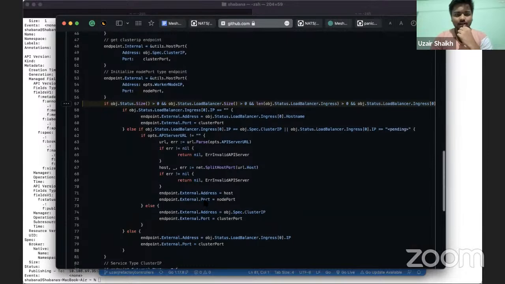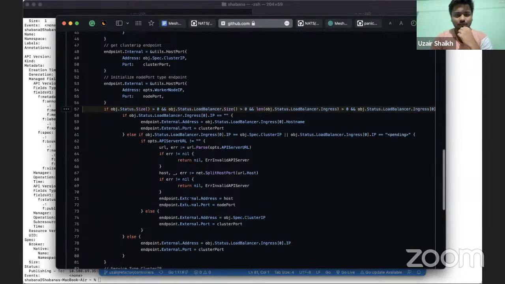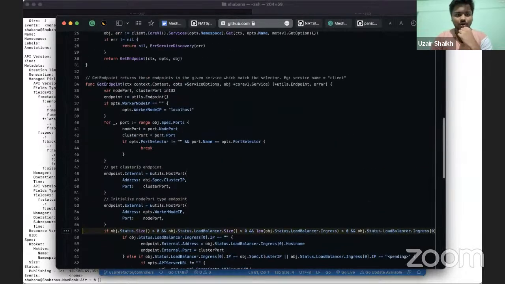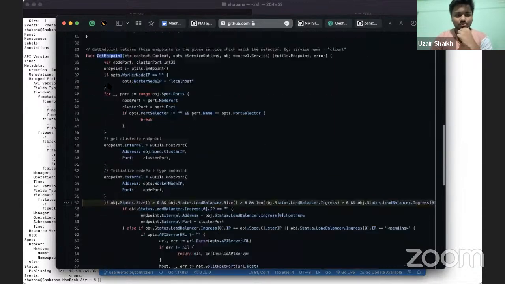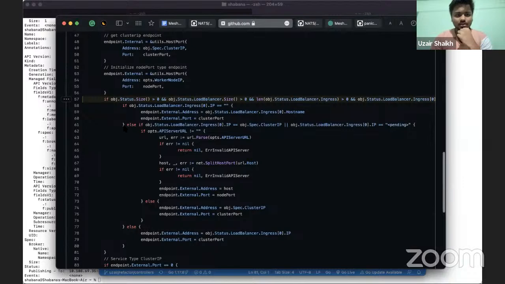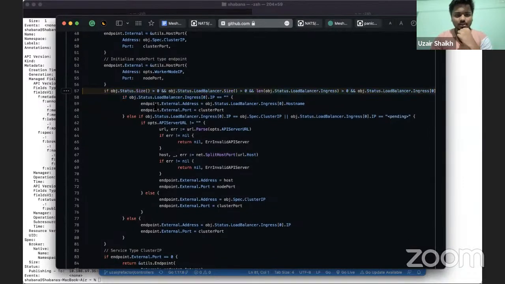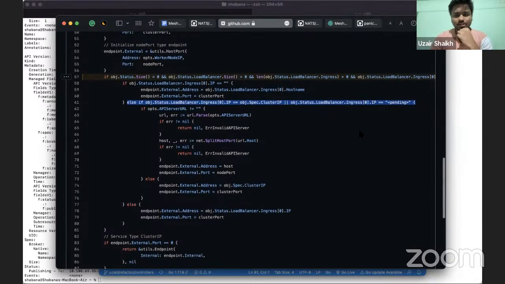So when I dug into what the problem may be, I found that we use this get endpoint for populating those fields or attributes in the custom resource. And here we check if it is a load balancer, and we check whether the status is in pending state or what the state is.